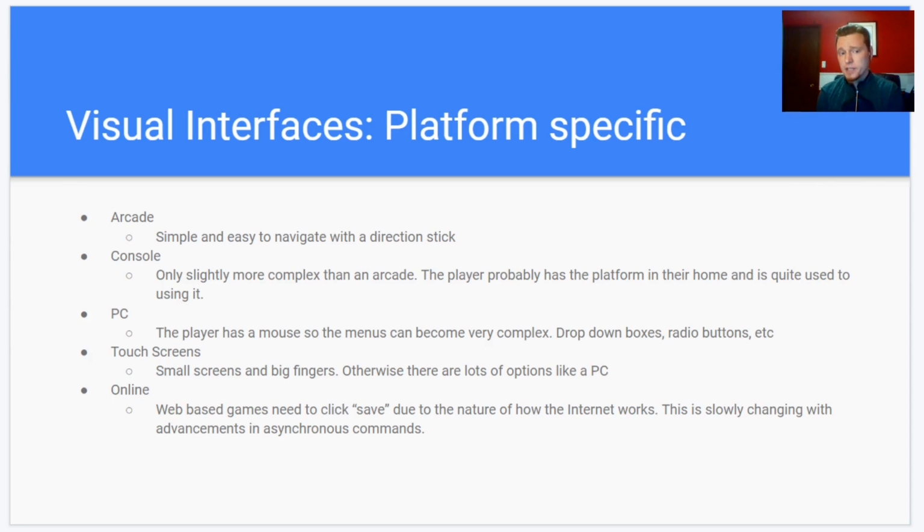Online games, which I haven't mentioned until now, are going to be very similar to PC games. Of course, if it's a web-based game, you absolutely have to give the player some option to save. Some of these will save automatically, like the Facebook games that people used to play. Less people are playing any of them nowadays, but they still do exist. They would often save on pretty much every click. That's pretty standard, but that does change the